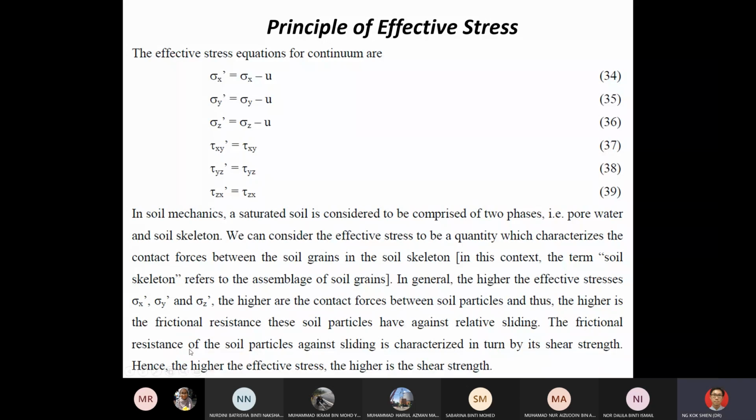So the frictional resistance of the soil particles against sliding is categorized in terms of its shear strength. Okay. So when we talk about frictional resistance, usually we mean shear strength. Shear strength. The strength to resist against the sliding, that's shear strength. Hence, the higher the effective stress, the higher is the shear strength. Okay, remember that. Okay. So that's why when the soil gets deeper, okay, I mean the same type of soil,